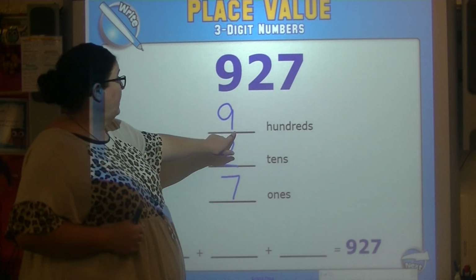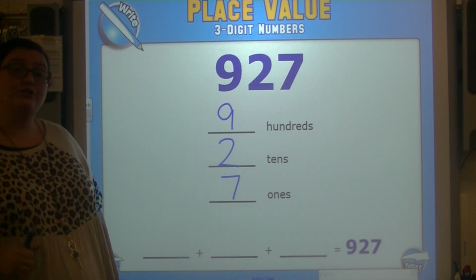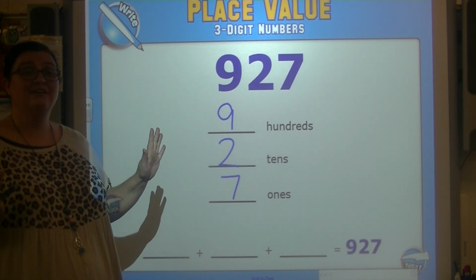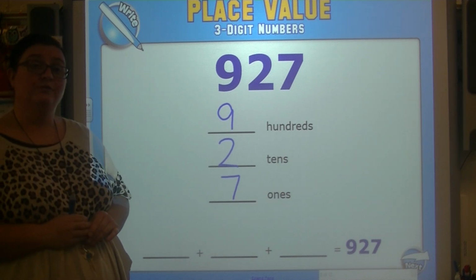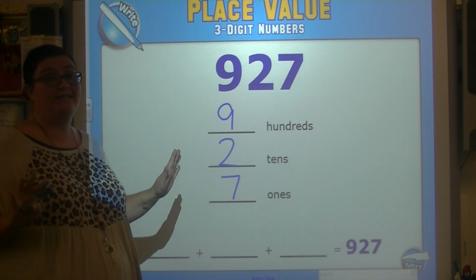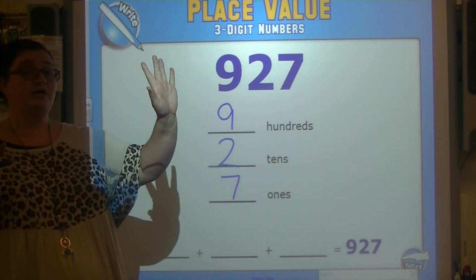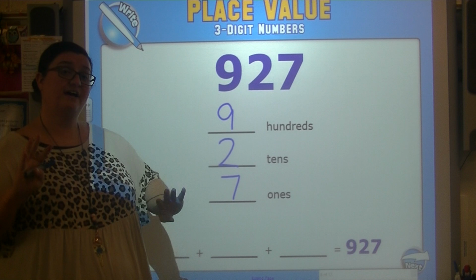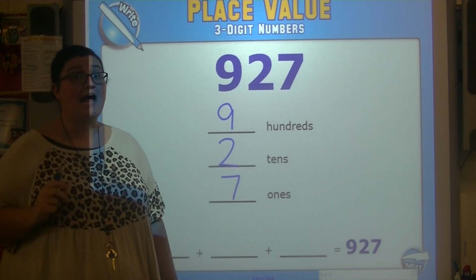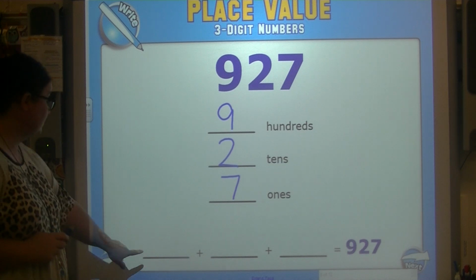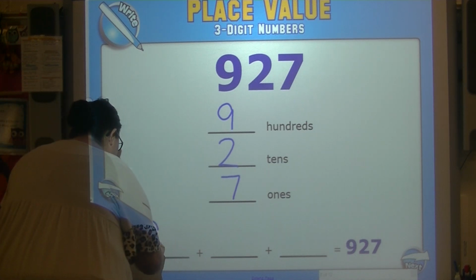All right, what is 9 hundreds equal to? If I have 9 hundreds blocks, what is that equal to? That means count by 100 9 times. 100, 200, 300, 400, 500, 600, 700, 800, 900. So this is my hundreds place. I would put 900